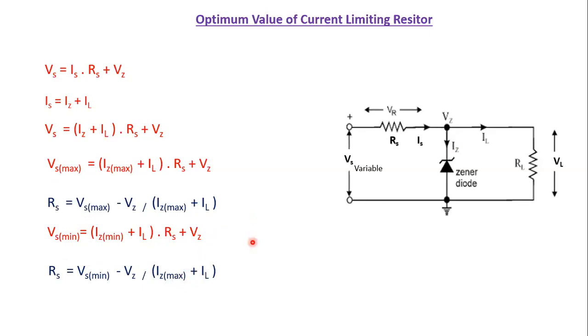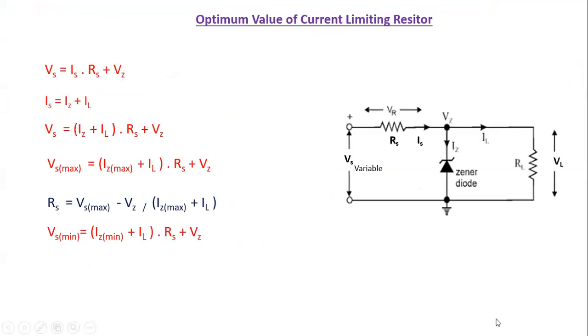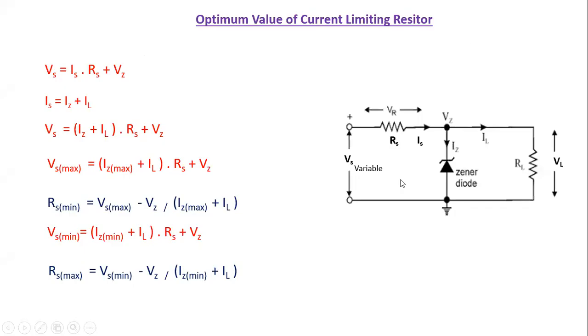minima. There is a correction here. This is Iz minima plus IL. So this is the equation where you can optimally design the value of this current limiting resistor. Okay, now